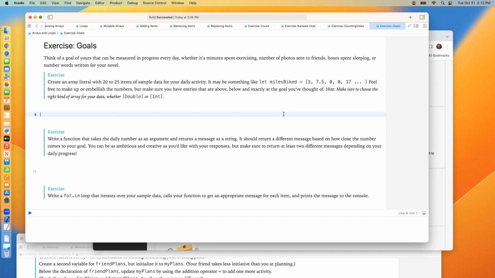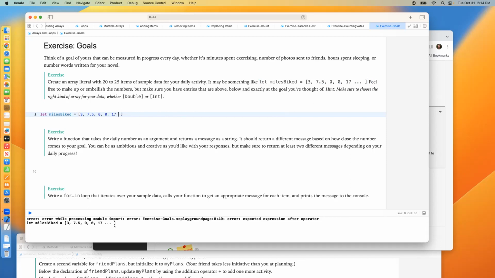So I think it's kind of interesting. This gives you a chance to maybe apply it to a real world situation if you wish. Now, they give us some sample information here, and frankly, it's silly of us not to just directly copy it, because it's given. So if you didn't figure this part out yet, I'm going to go ahead and copy this. It will throw an error, by the way, because that ... is not code, right? Whenever you see that in a coding book, I always tell my students that it indicates the rest of the code is ... right? They're not giving you all of it, but the challenge is to come up with 20